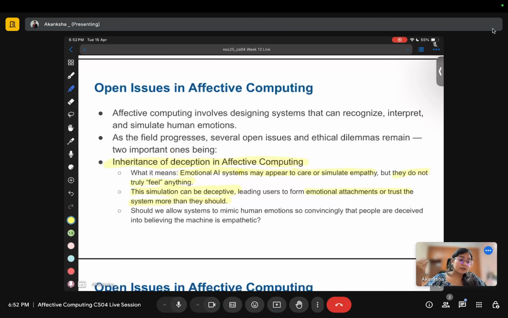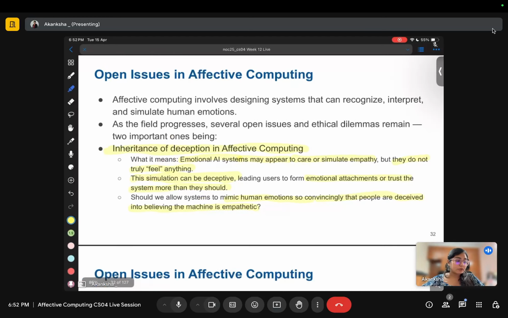You start feeling that the robot is your friend, but the robot is not your friend because it does not have any feelings. It's all pre-programmed. So this comes under the umbrella term of deception. Should we allow the systems to mimic human emotions so convincingly that people are deceived into believing the machine is empathetic? So this is an open question.